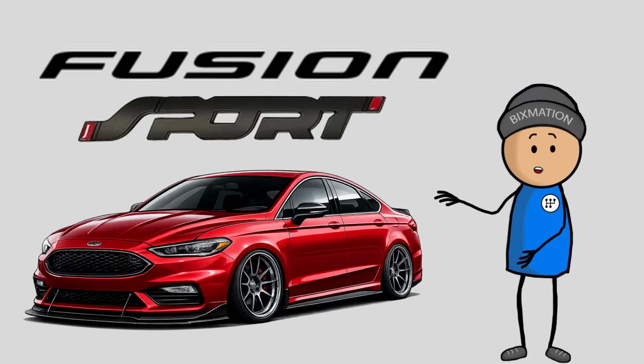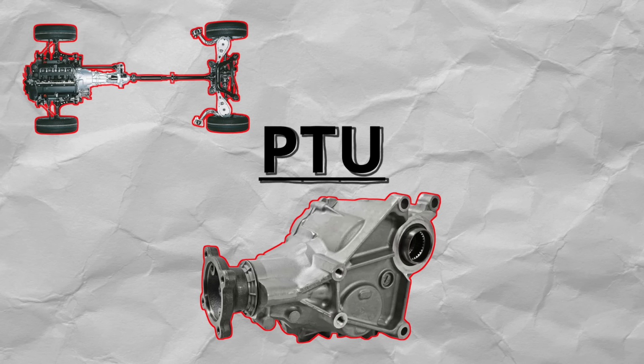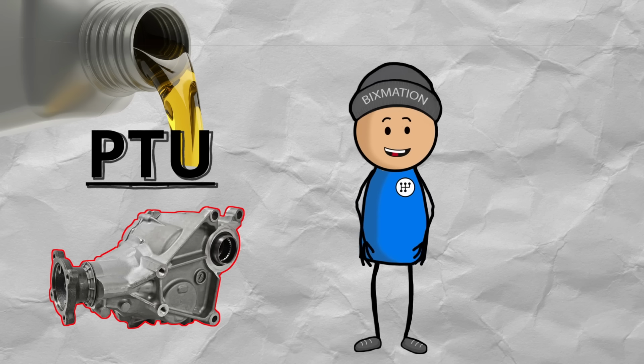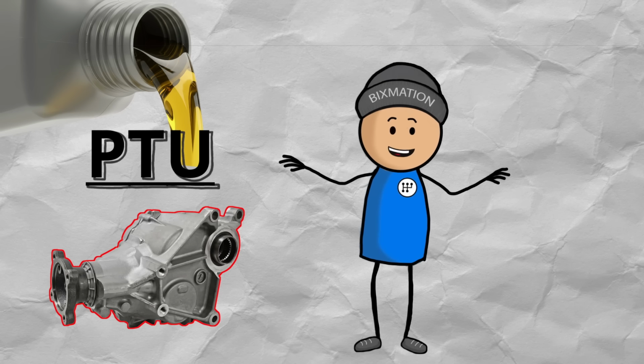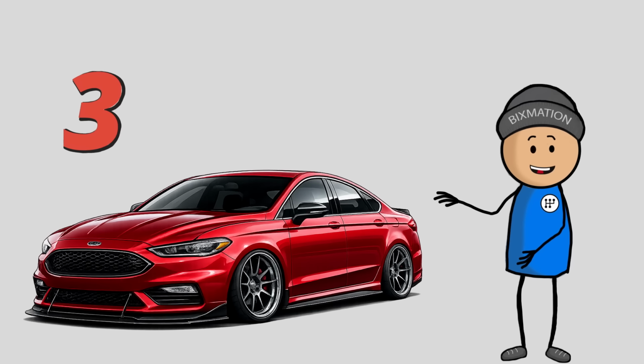Now, the part every buyer needs to hear before they go looking for one. The Fusion Sport's all-wheel drive system runs through a power transfer unit, or PTU, and it's the single most commonly reported weak point on this car. It holds a small amount of gear oil. That oil runs hot, and if it isn't changed on a reasonable interval, most mechanics recommend around every 30,000 miles,